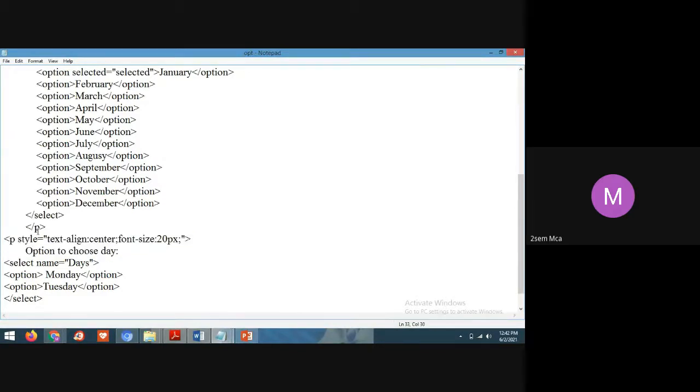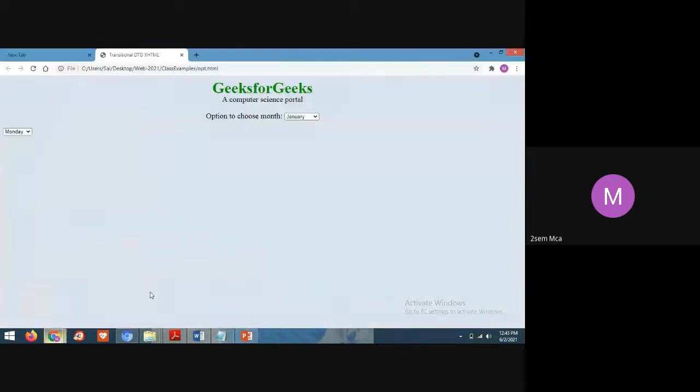Inside the p tag I'm giving the style, text align center, and option to choose day. And after the select tag I'm closing the p tag. Now you observe the output, students.